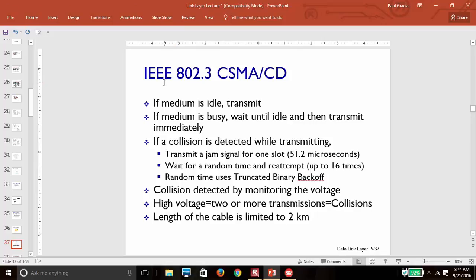So IEEE 802.3 defines the CSMA CD that's used for Ethernet. Basically, if you hear that the medium is idle, you transmit. If you detect that it's busy, you wait until it's idle and then you transmit immediately. Obviously, you can't eliminate the possibility of a collision, so you have to deal with it. So basically the specification says